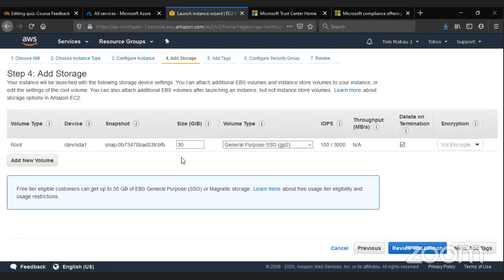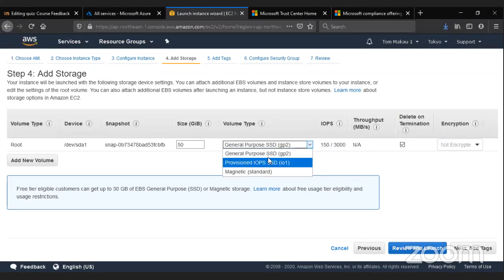And by default, this server came with a 30 GB hard disk. We can change that and say our need is actually 50 GB. And then you can say we need a general purpose solid state disk. These are the new hard disks that do not have spinning disks in them. You know, the hard disk has an actual disk spinning inside. So solid state is electronic, so it's much faster, and it's good for faster access and processing. It also has a different cost.